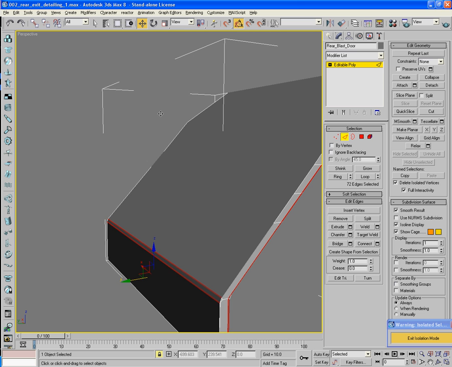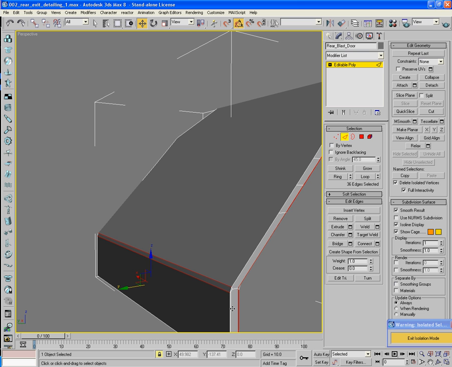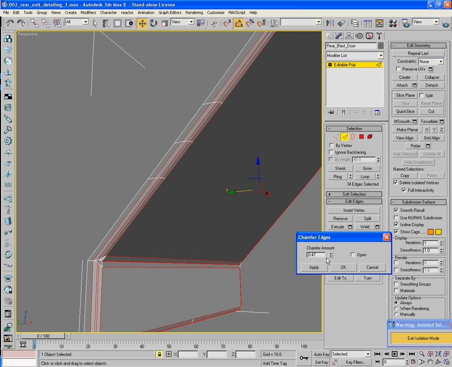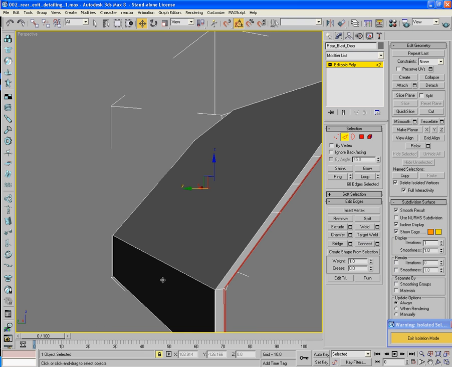Now go around the other side. That part shouldn't have been selected, so I'll just undo this. Nice big chamfer, and then a little chamfer. And at the back,